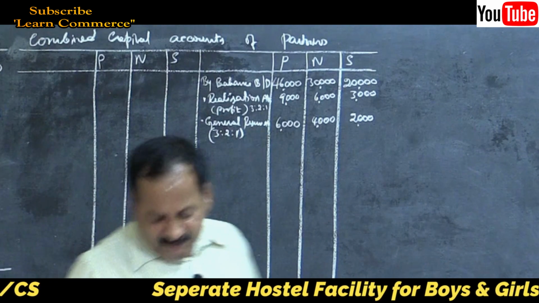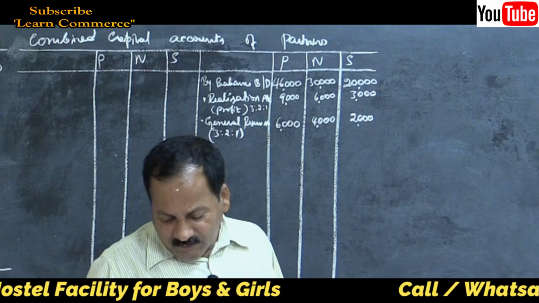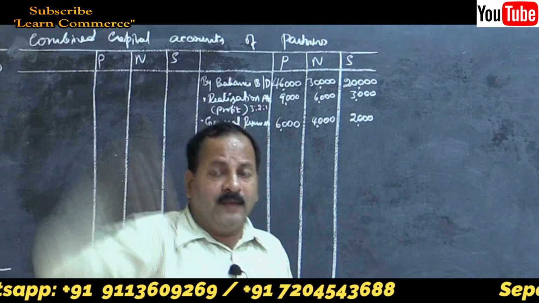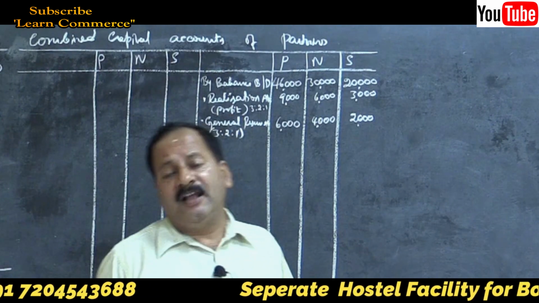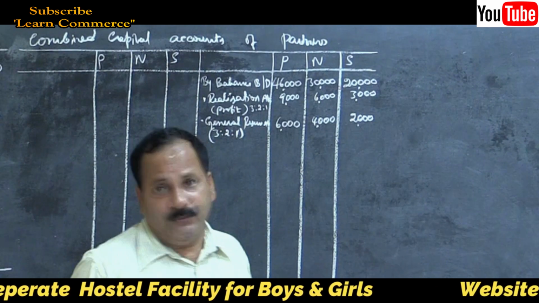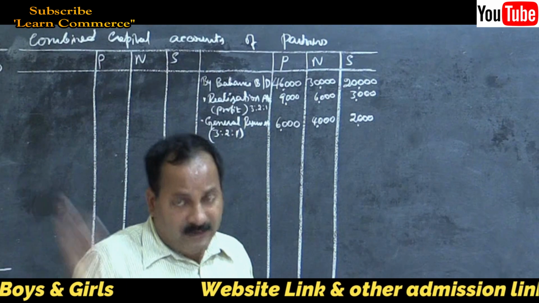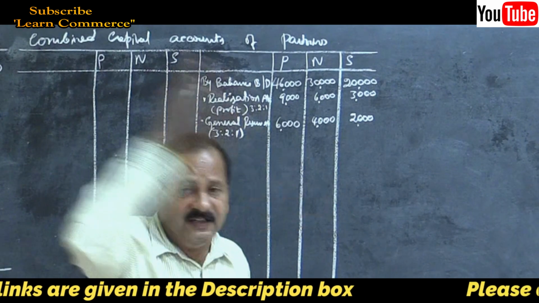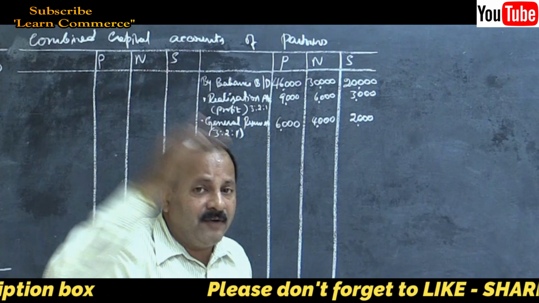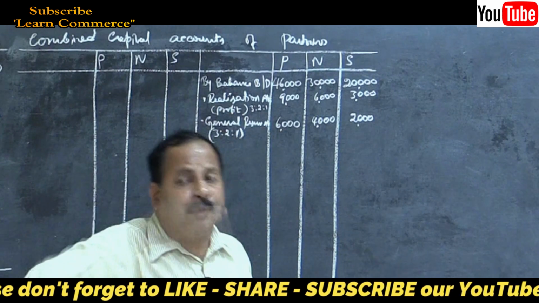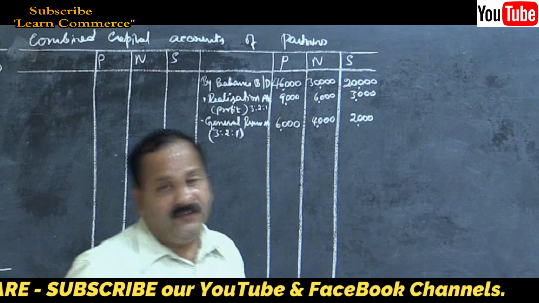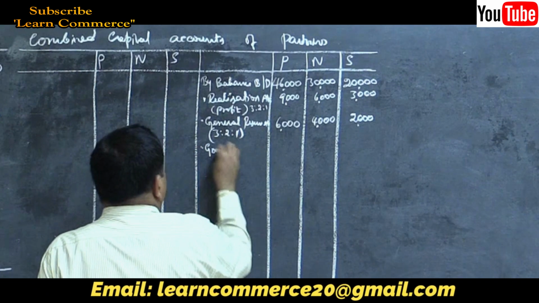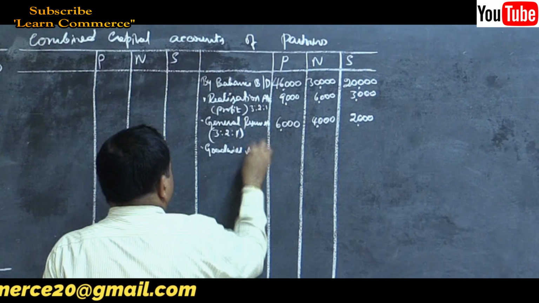Goodwill is to be created in the books of the firm. Goodwill of the firm is valued at 42,000. So give credit to all partners. Goodwill account debited to all partners capital accounts in their old profit sharing ratio. Then we have to write off the goodwill by debiting partners capital accounts and crediting goodwill account, in their new profit sharing ratio. Remember this. So by goodwill account created,